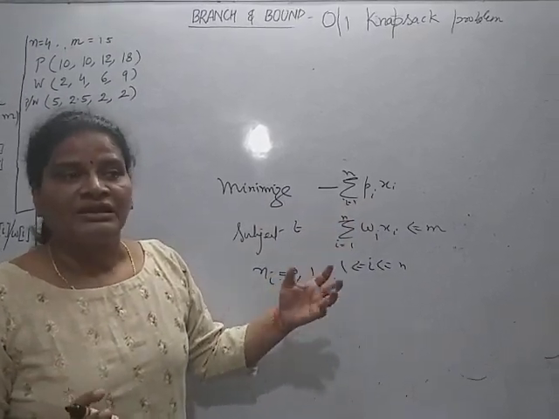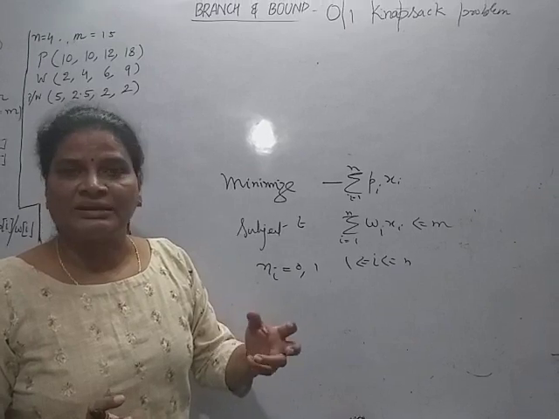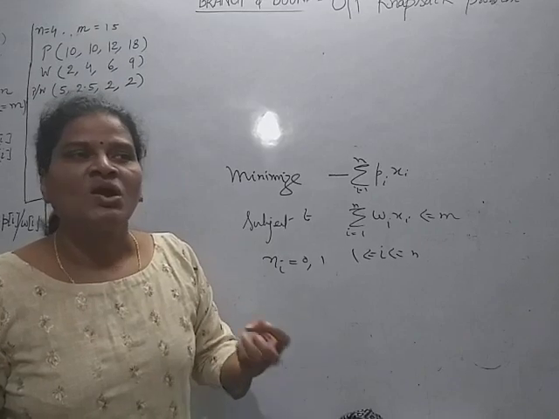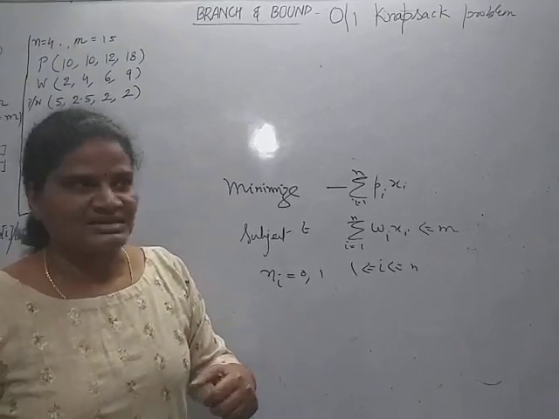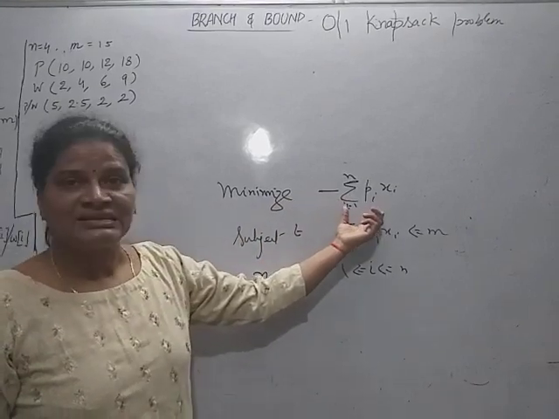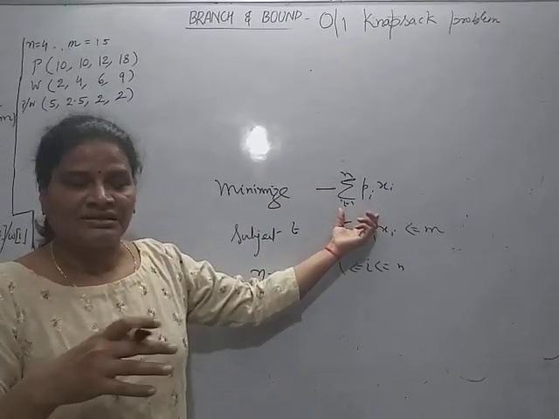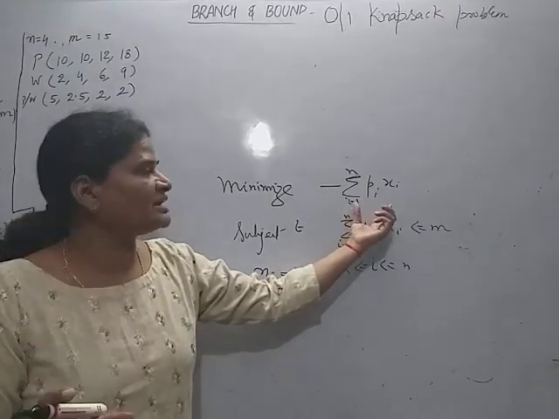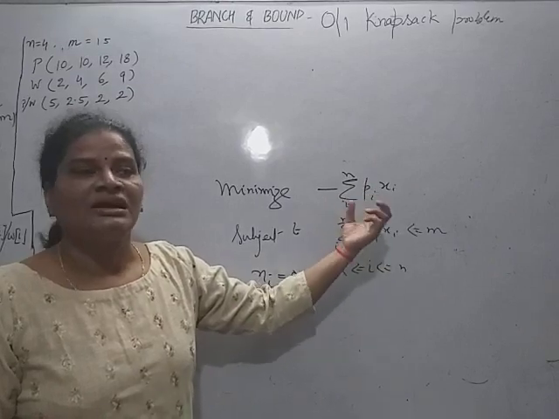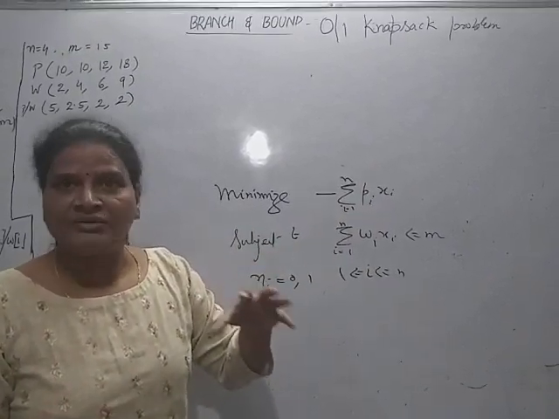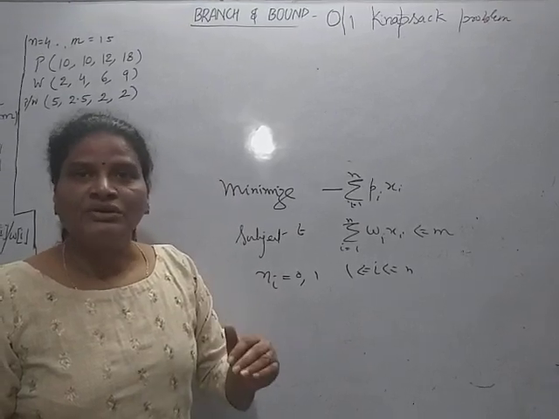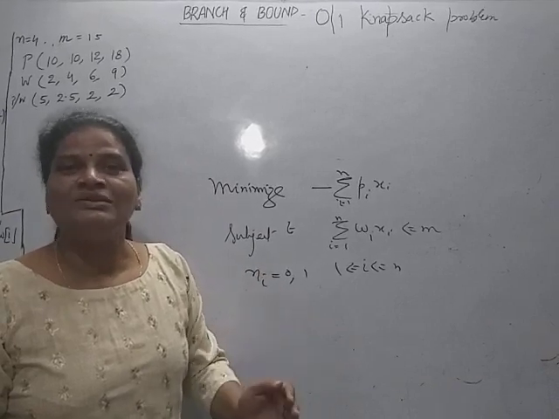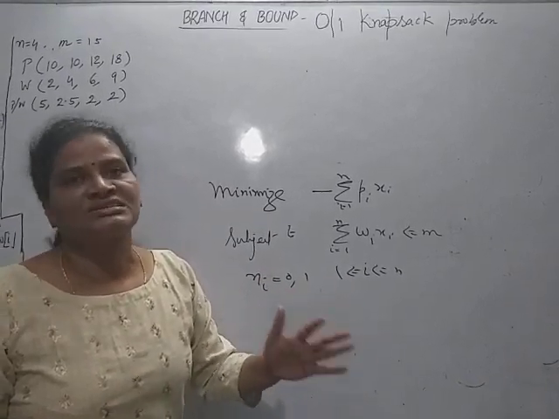One more thing, when we are solving the 0-1 knapsack problem as a maximization problem, then we use the term profit, because profit is used for maximization. But here we are minimizing this term, so in the whole algorithm I always use the term cost. Our objective is to minimize this cost associated with every live node, and the live node with minimum cost will be selected as the next E node in the case of the least cost search method.